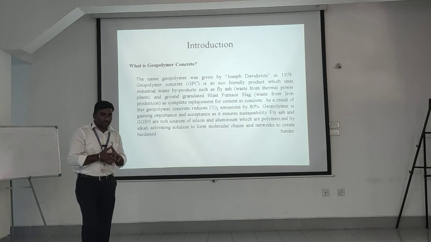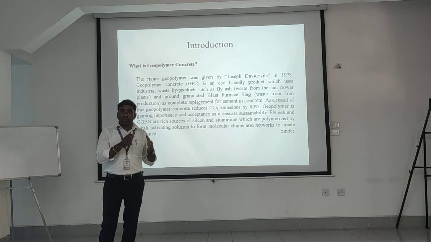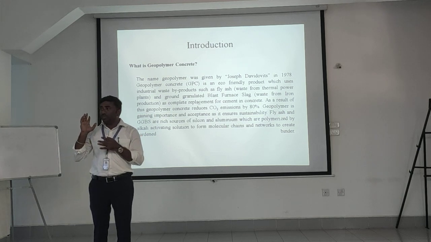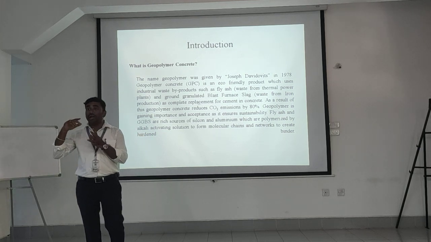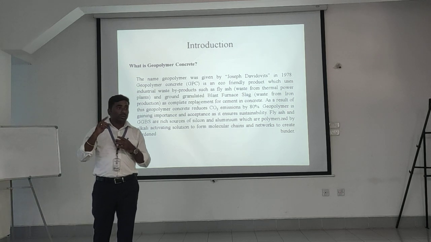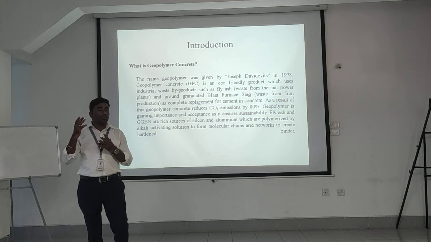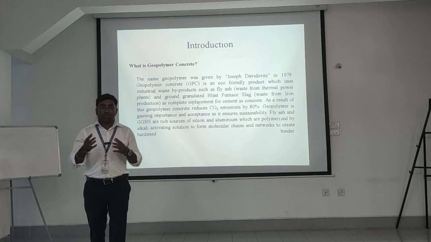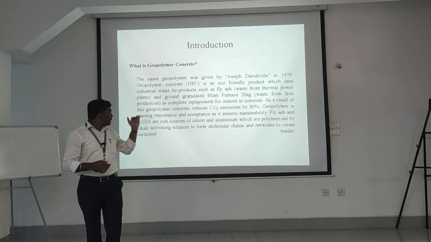And one more thing here, why are we not using cement in concrete? Keep it in mind, to manufacture 1 ton of cement, it produces 1 ton of CO2 emission. Is it clear? If CO2 increases, obviously global warming takes place. Once global warming takes place, ozone depletion takes place. Yes, so to avoid that, we are using this waste product, a byproduct of coal. Is it right? So next.